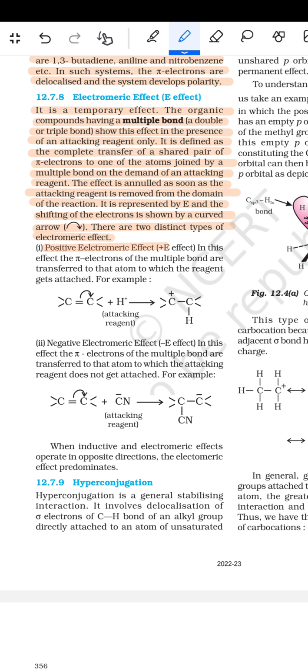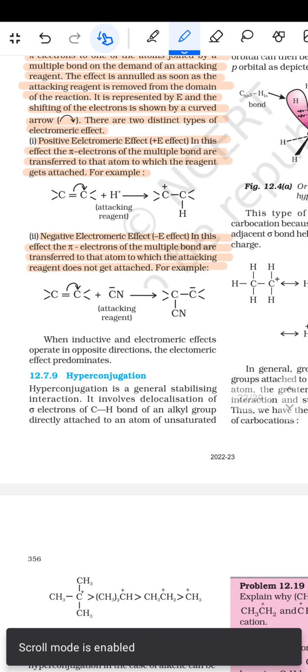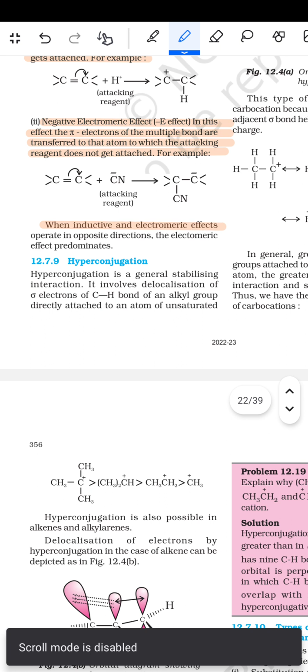पहला कि positive electromeric effect. In this effect, the pi electrons of the multiple bond are transferred to the atom to which the reagent gets attached. और दूसरा negative electromeric effect. In this effect, the pi electrons of the multiple bond are transferred to the atom to which the attacking reagent does not get attached. For example, when the inductive effect and the electromeric effect operate in opposite directions,